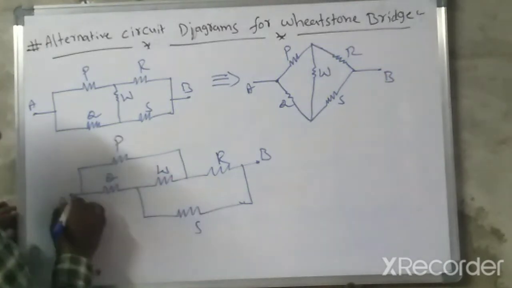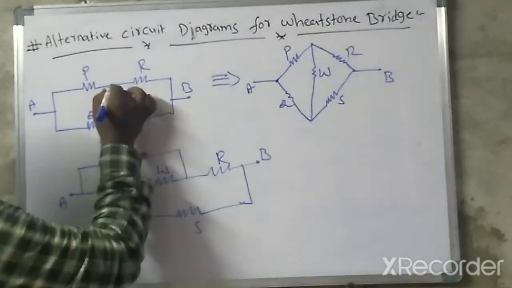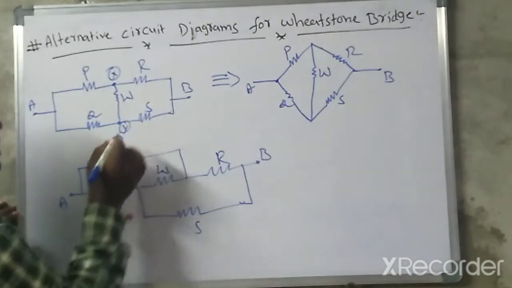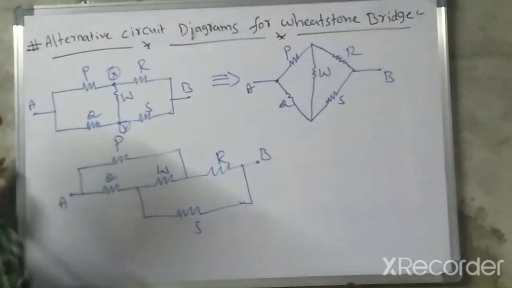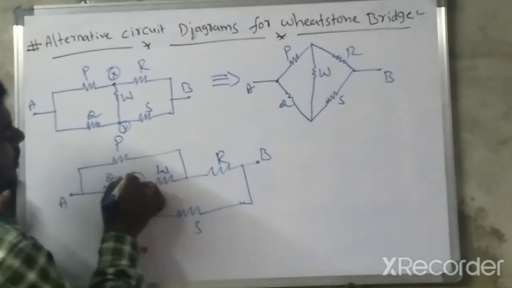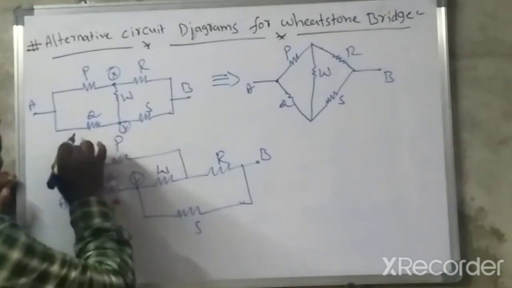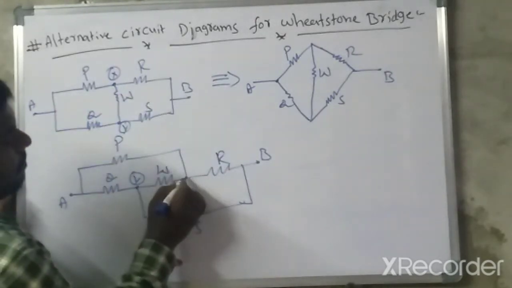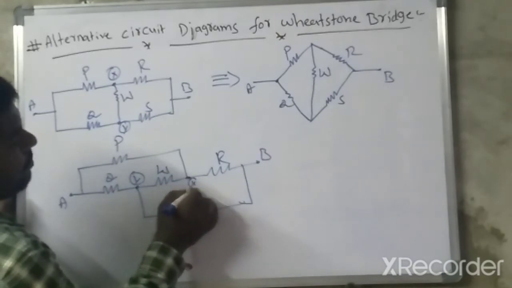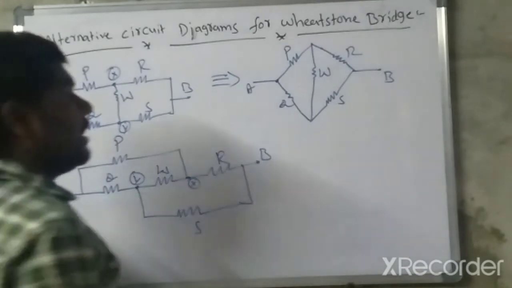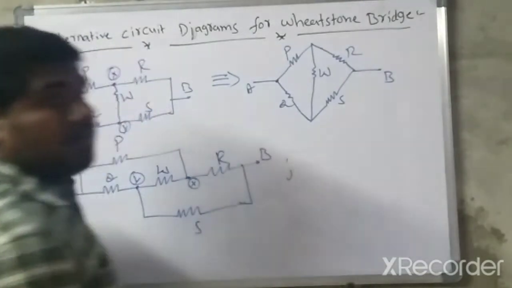So from point A to B, previously we considered this the X potential and this the Y potential. In between Q and S, here is the Y potential. And here P and R, this is P and R, is the X potential. This will look like a Wheatstone bridge. This one is also another form.